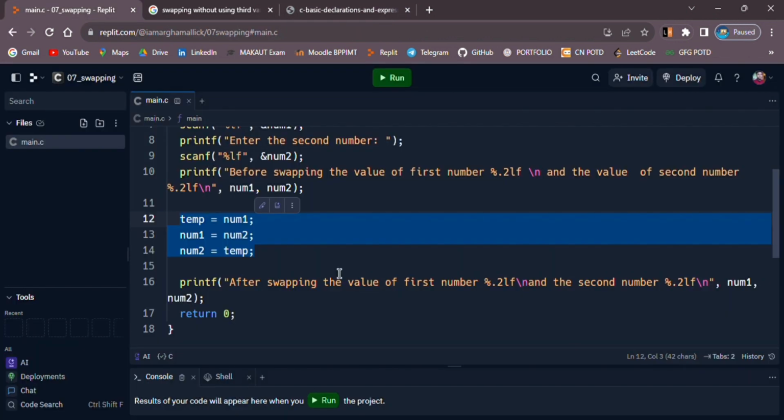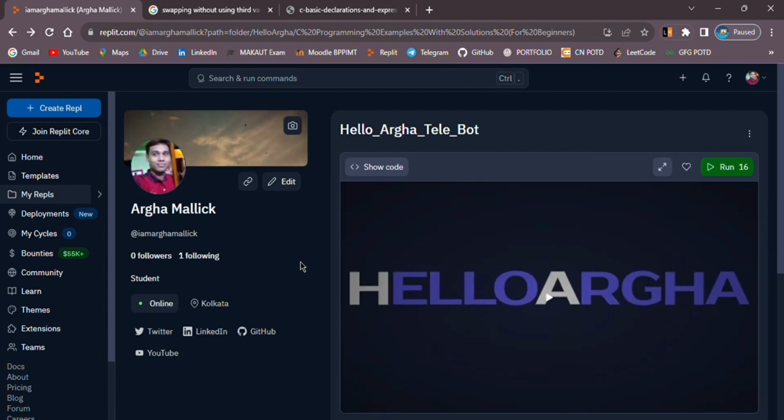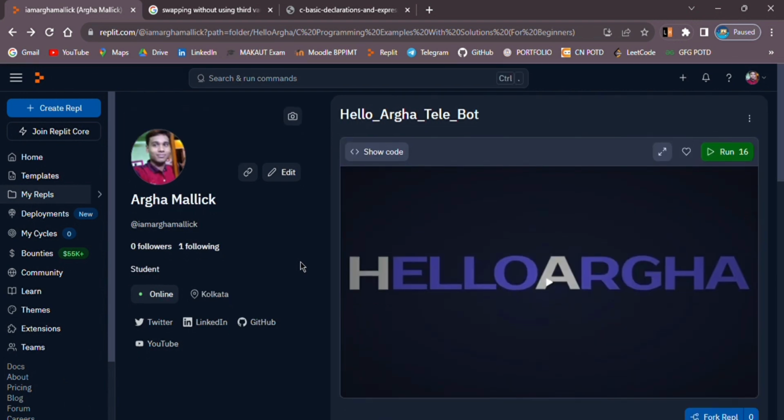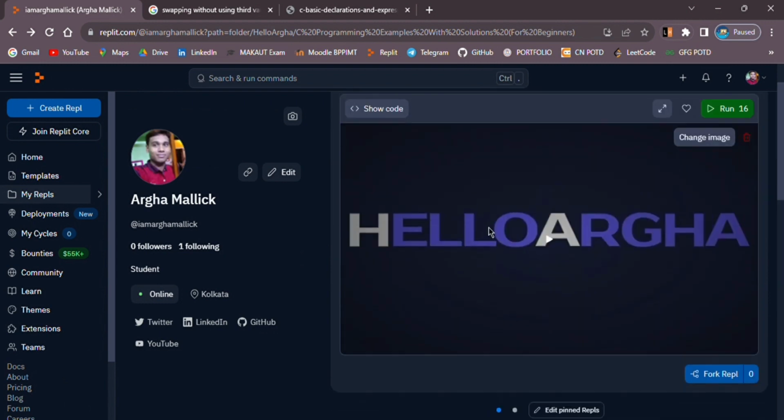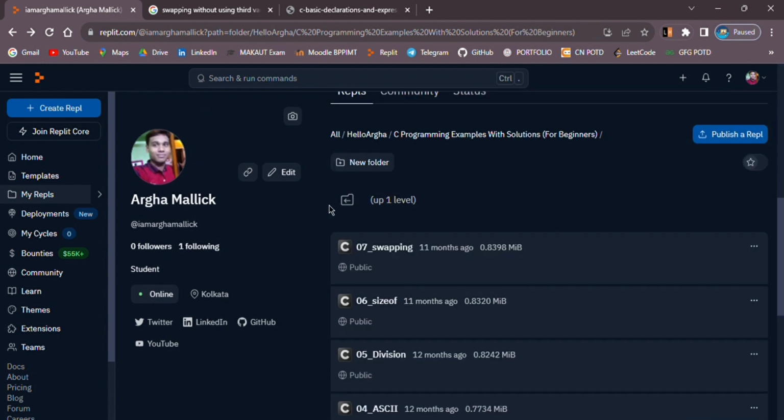So let's go ahead and write the actual code in our Replit. This is the online code editor which I have already introduced to you in previous videos, which I use for